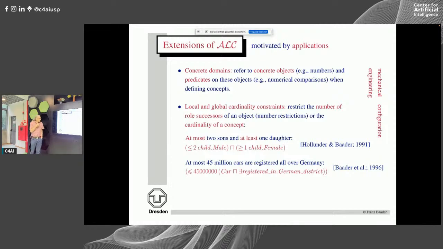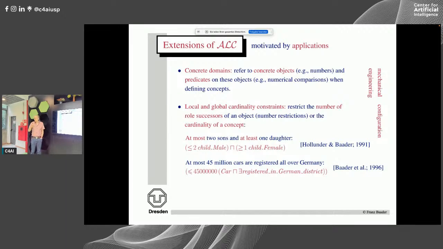This is then, in a certain sense, a generalization of a T-box statement, because it says something about my interpretation domain and how many individuals having certain properties can be there. And so we also investigated that,